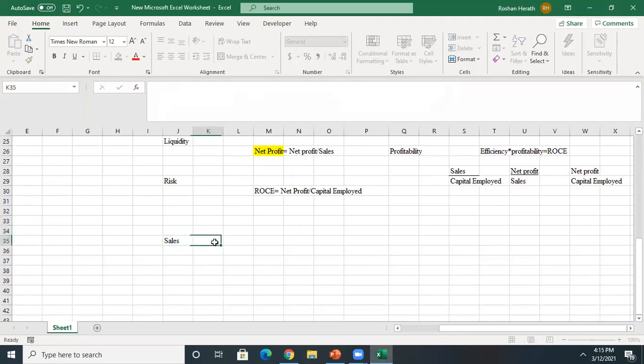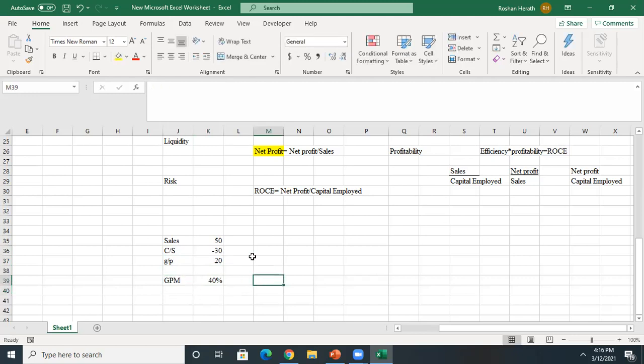They have the sales of, let's say that they are only selling one unit. They are selling one unit at rupees 50 each. Cost of sales, let's say that they are purchasing them at 30. So accordingly, the gross profit, there it comes. Gross profit is 20. If you work out the gross profit margin,